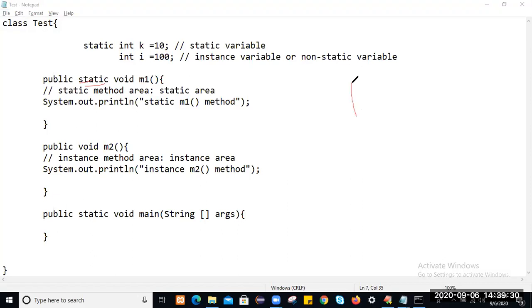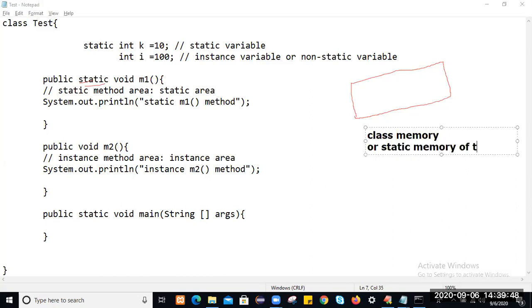Once you compile your Java application, one dot class file gets generated. During dot class file generation, one memory gets allocated. That memory is called class memory, or the static memory of the class. This static memory is allocated only to the static members of the class.